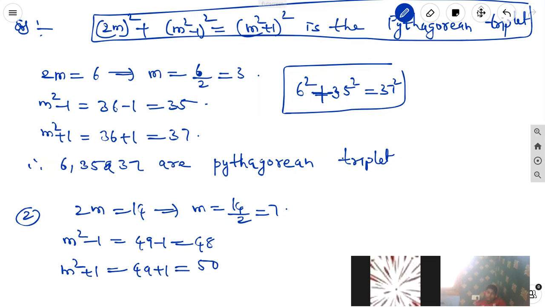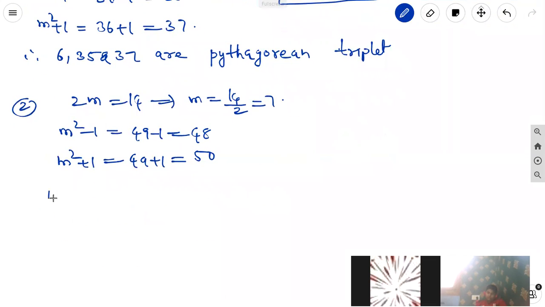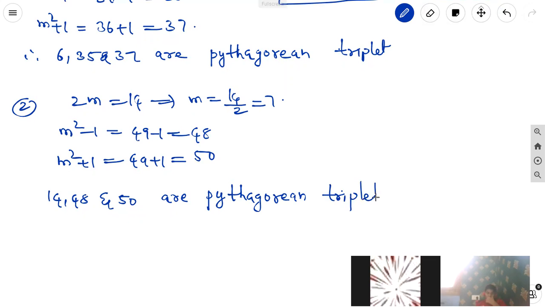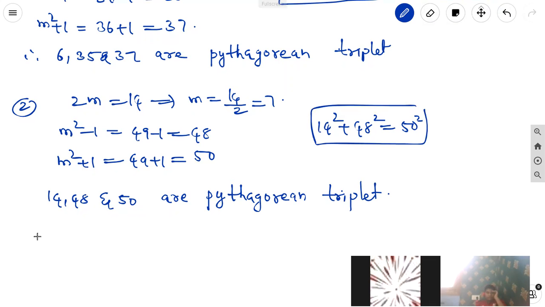What are the Pythagorean triplets? 14, 48 and 50 are Pythagorean triplets. The relation is 14 square plus 48 square equal to 50 square. Third one,